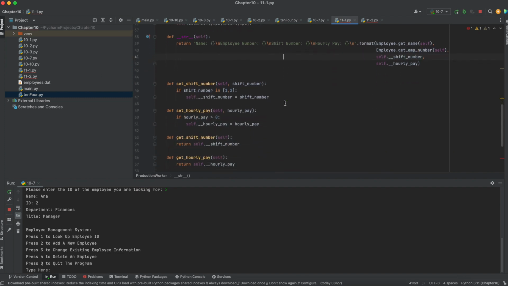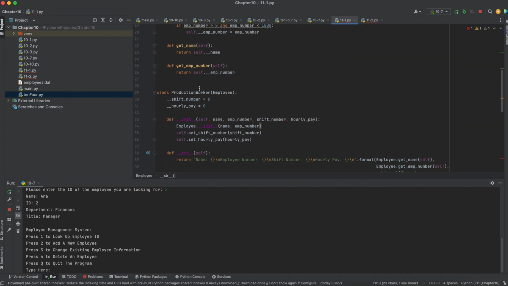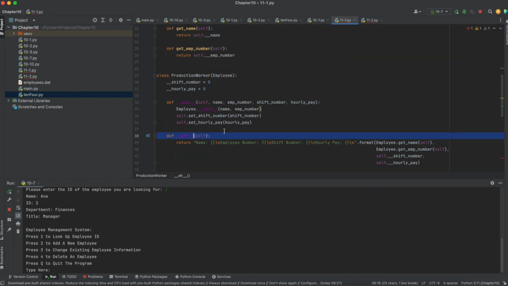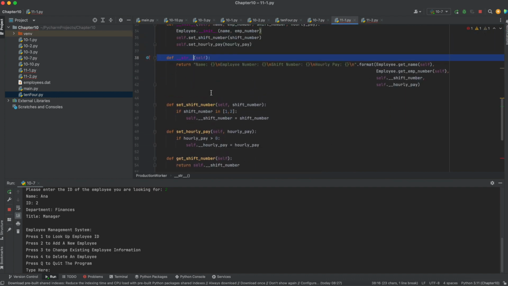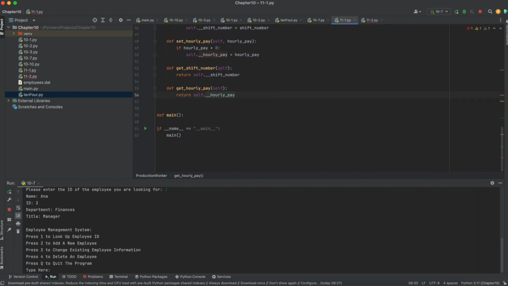All right, so now that we have that, keep in mind that what we've just done is we've overridden the string method of the employee with this one. And now we have all of our setters, we have all of our getters, and everything is good to go for us to actually use it. So we're going to clean that up a little bit. And then what we're going to do down here is we're going to say